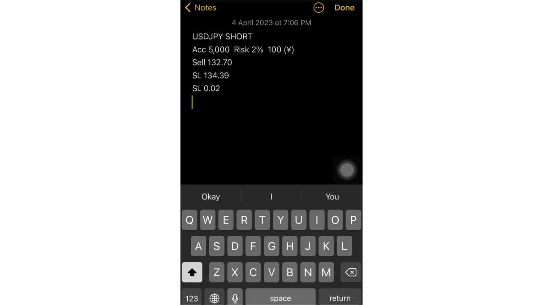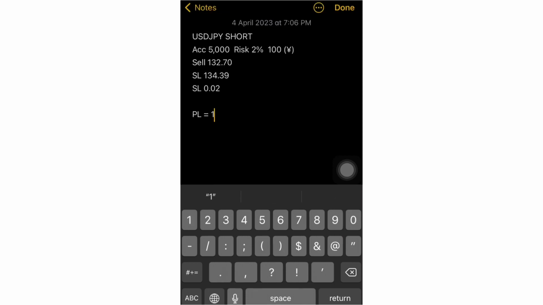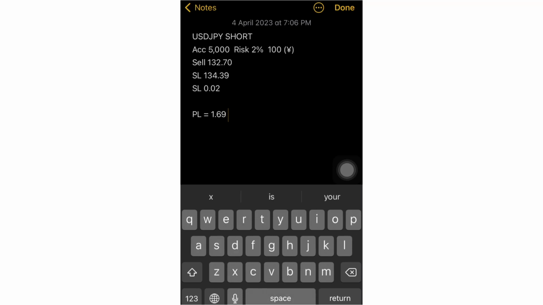So I want to calculate my loss. Let's say the trade goes against me 169 pips, using a lot size of 0.02. How many dollars am I going to lose with 169 pips if the trade runs against me, right? That's what we say: profit and loss, PL, is equal to the difference in price. We already know our difference in price, which is 1.69. Don't write 169, please. Write it the way it is, with the point, because you're dealing with that figure. This is the difference in price times,